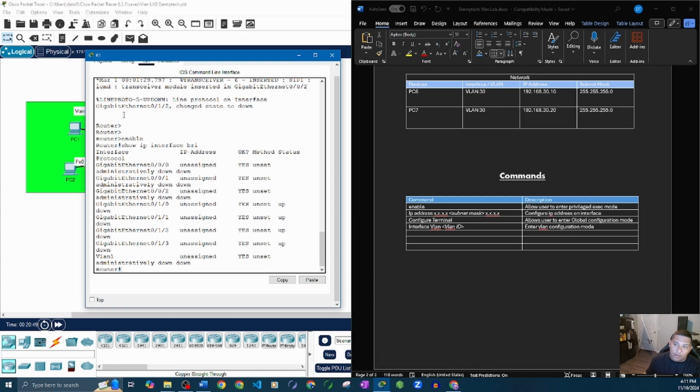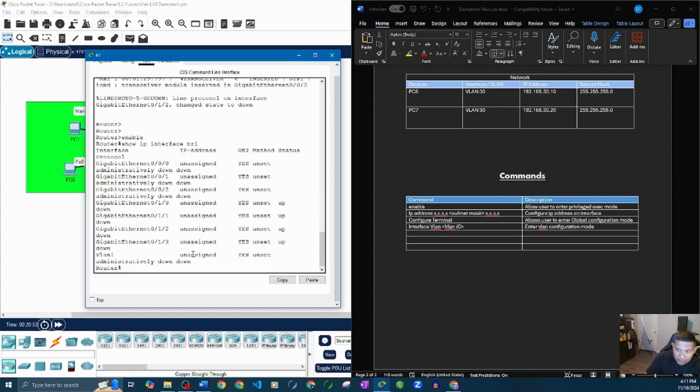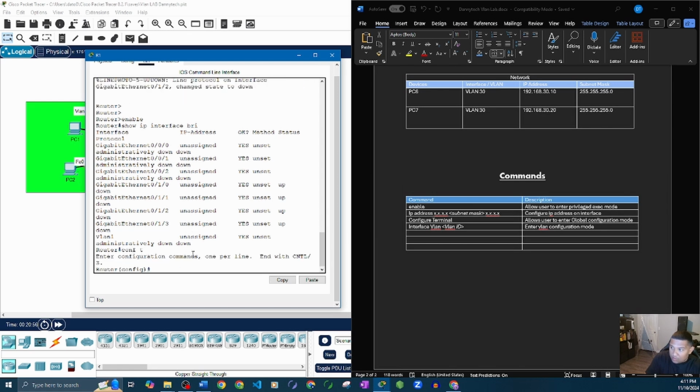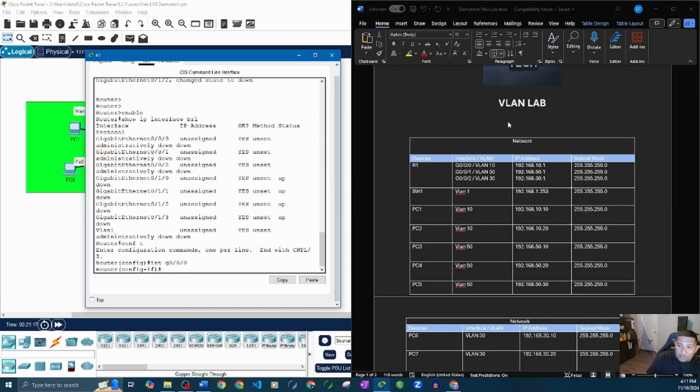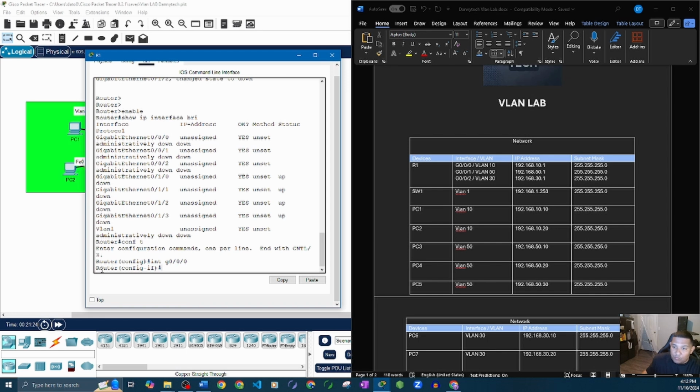They're all stating unassigned. Okay, so we'll go ahead and do conf t and get into the interface gigabit 0/0/0. To do so, we'll use the command interface G0/0/0. That gets us into that interface, and that is shown by the router showing us that we are in the configuration mode of the interface. There we'll go ahead and set the IP address to